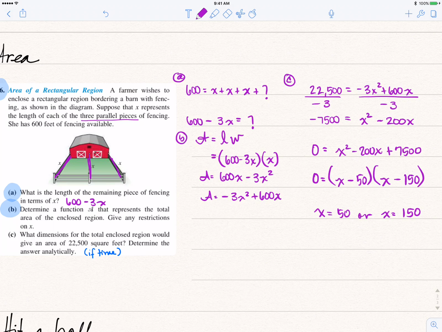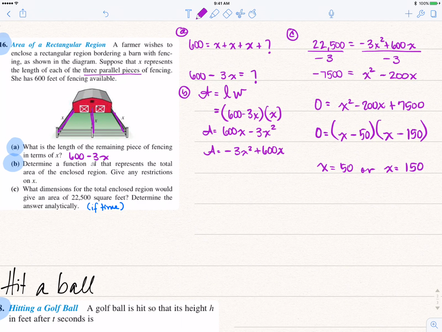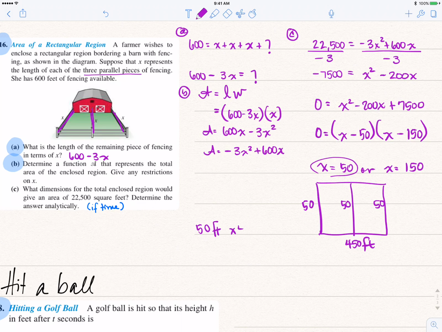Now, remember that part C said what dimensions. So I'm actually being asked for what are the dimensions of my rectangular yard. I actually have two choices here. So choice number 1, let me redraw the yard. Choice number 1 says that my 3 parallel sections of fencing could be 50 units. If I use 50, 50, and 50, that leaves, since I had a total of 600 feet, that leaves me with 450 units here. So one option for the dimensions of her fence is either a 50-foot by a 450-foot